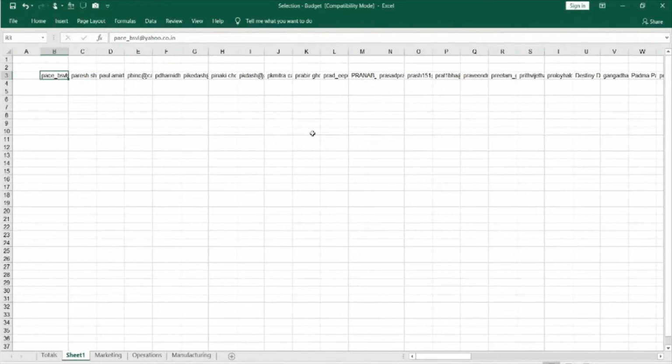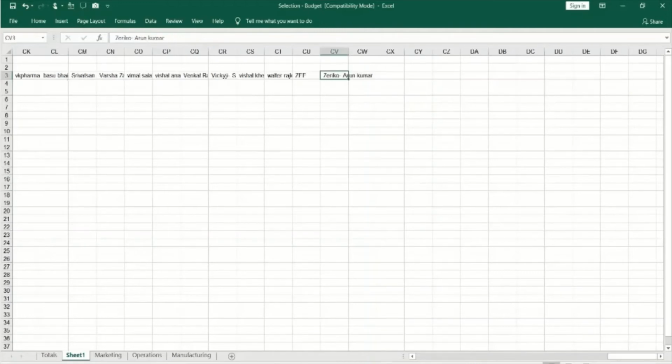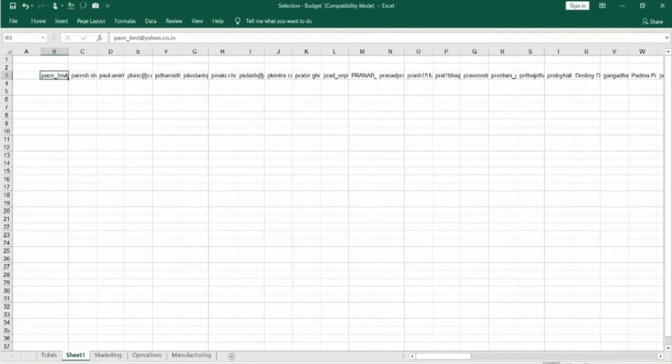So now you have all the email IDs in separate cells. I have it in B3, C3, D3. How do I go to the last cell? You don't have to press the arrow key or move the scroll bar. In any cell, you have this cell border. When I take the mouse pointer there, it changes to a four-headed arrow. Just click on the right border and double click on that. It takes you to the last cell. Again, I double click, and it will automatically go to the last cell value just before the empty space. So now it is done.